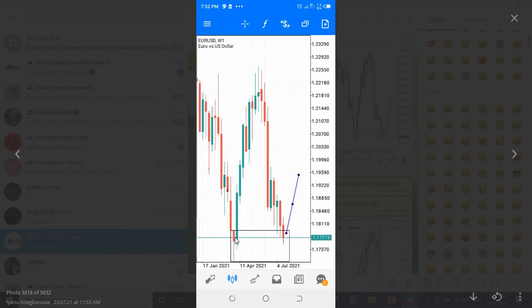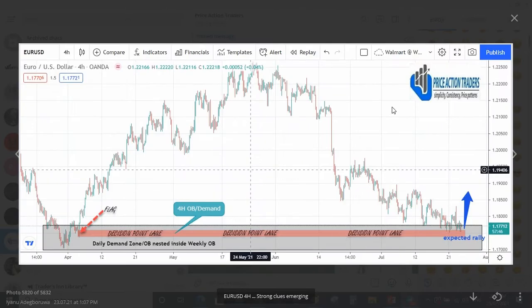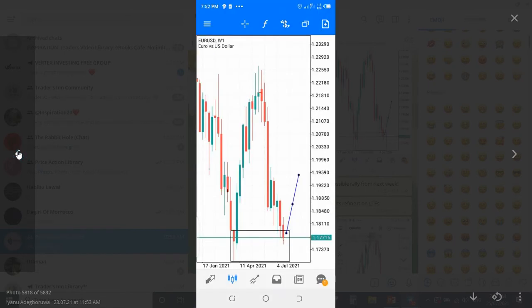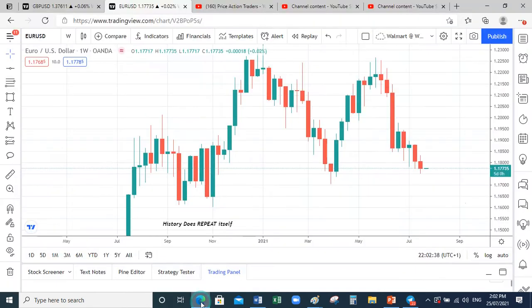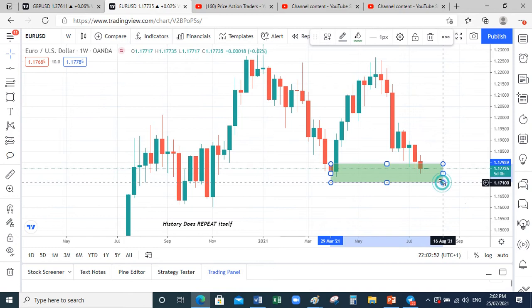Now, if you look backward, you see that something happened. Something was responsible for this zone that was created in this demand zone. Something was responsible for this place to bounce upward. Let's go and look at that EURUSD on the weekly chart. Can you see it? This is the demand zone. So if you look back,